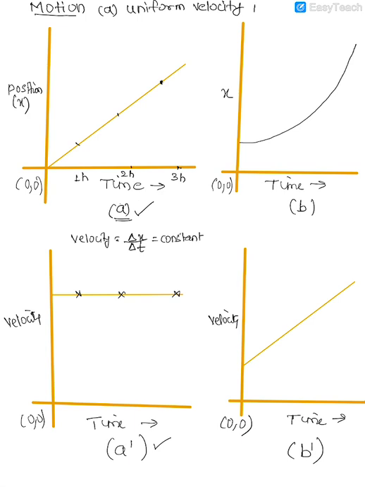The second graph is where the velocity is changing. Okay, the velocity is changing, but the rate of change of velocity is constant. Rate of change of velocity is constant, means the acceleration is uniform. It means that acceleration is uniform. Okay, so if you look at the diagram B and B dash,